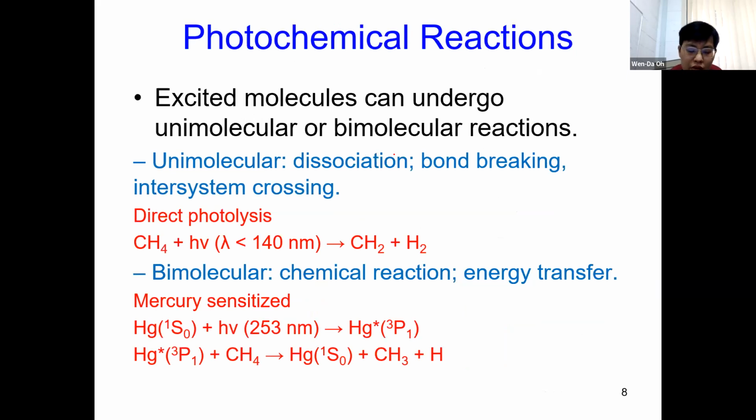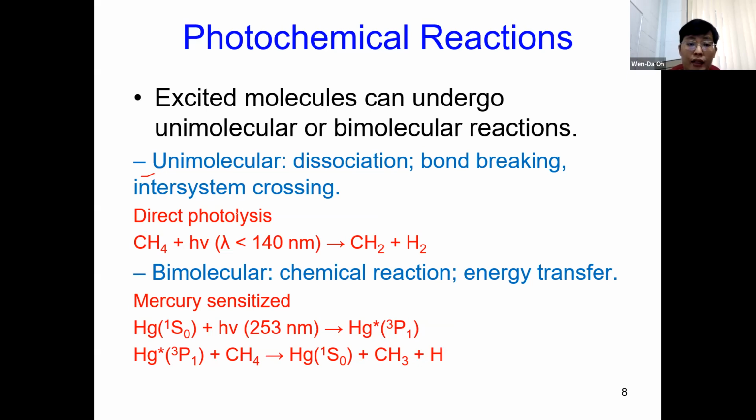Right. So once you have a molecule being excited, it can undergo reaction. As I mentioned, there will be certain reactions that can occur depending on the type of molecules that you have. If you have a molecule that can undergo a unimolecular reaction, then you have a unimolecular reaction. One example of this is direct photolysis. This unimolecular reaction means that you have one molecule being decomposed,